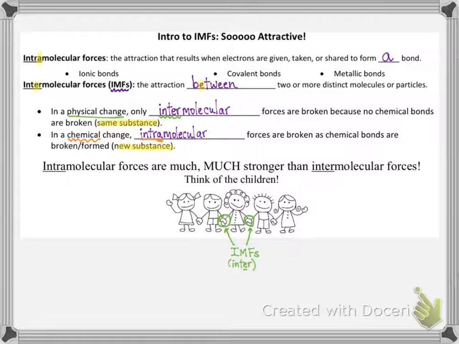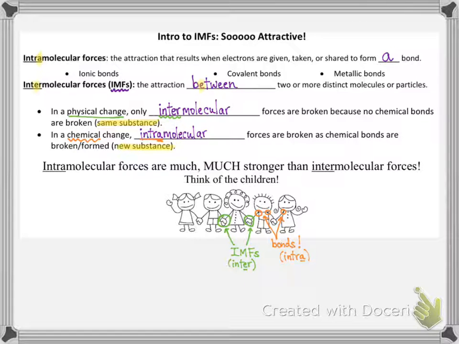However, the bonds within the children, like the tendons and muscles and bones that are holding the body together, those are the chemical bonds. And so hopefully, I truly hope that this is how the game is played, if someone runs and tries to break through the chain of children, their hands will separate. The intermolecular forces will be overcome, but they're not going to lose an arm at their shoulder. I hope not. That's the chemical bond. It takes a lot more force to rip someone's arm off their shoulder than it does to just get them to stop holding hands.